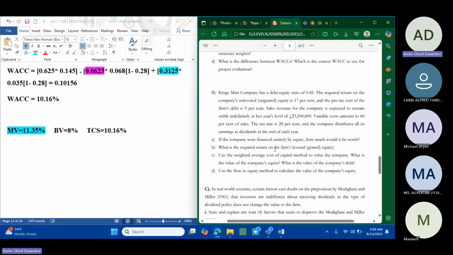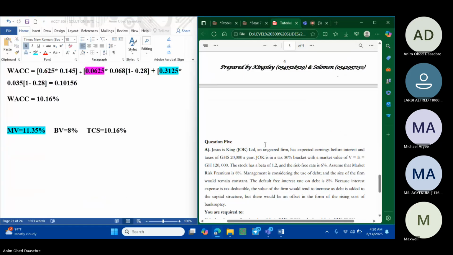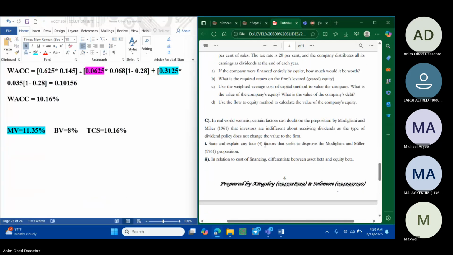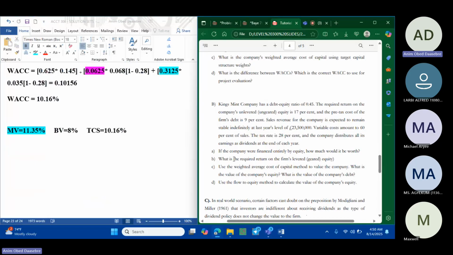Because of time, we cannot solve the B and C. We should do some. Yeah. So